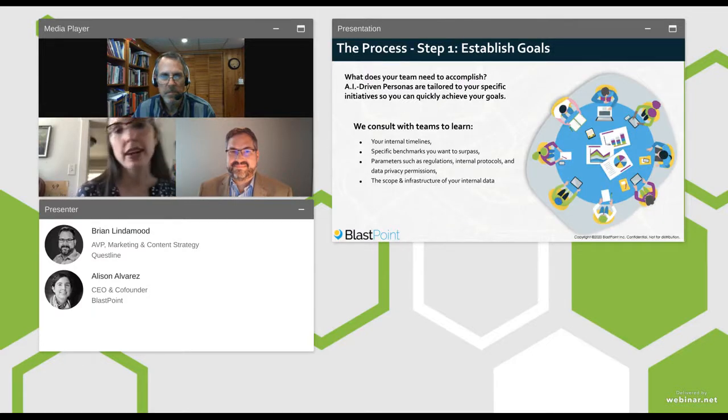So first thing, establishing goals. And I think a lot of us come with a strong identity of who our organization is, what our goals are, what our values are. And so it's basically taking those and condensing them into a set of goals of what you want to achieve. So not only do you want to know, how long do we have to do this?